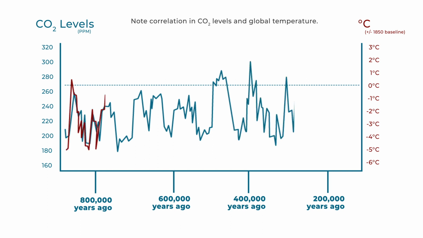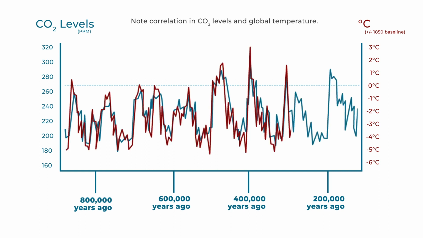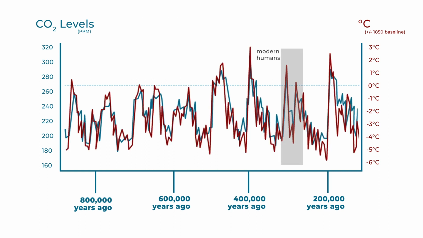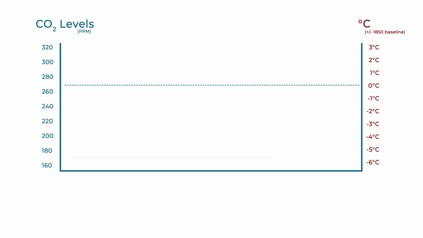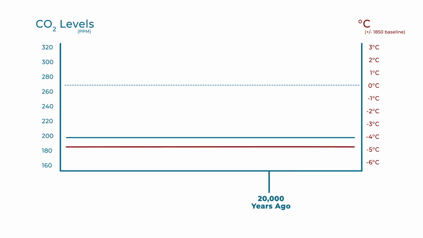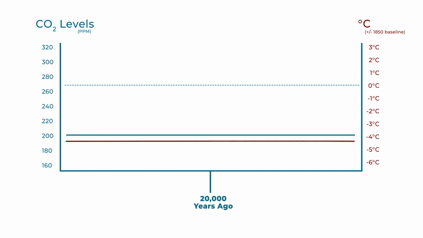Note the steady relationship of CO2 and temperature measurements over time. Around 300,000 to 200,000 years ago, modern humans evolved. This increase in CO2 and temperature resulted in a sea level rise 20 to 30 feet higher than we have today. As we zoom in and speed up time, moving closer to present day, we still observe a relationship between